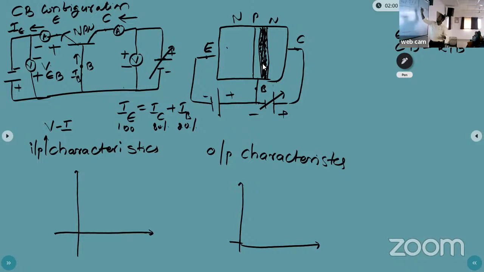Okay, now for the input characteristics you can keep VCB, for example, at 0 volt. VCB is 0. The next step is what is the effect of this spread. First we are taking the 0 volt output voltage, now we are varying